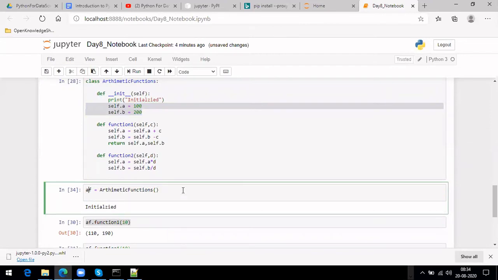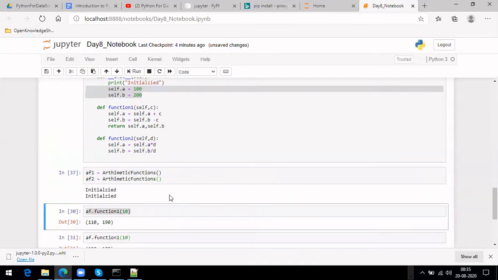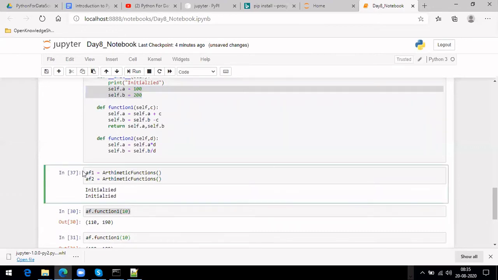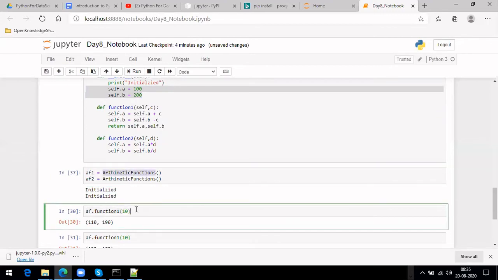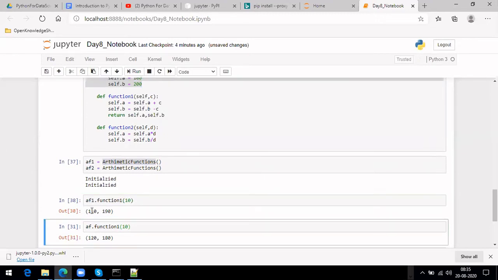Let me do one more thing: AF1 and AF2. Again, let me use the same class here. We are creating two different instances, so for each instance the initialization will execute again, right? Let me use AF1 here.